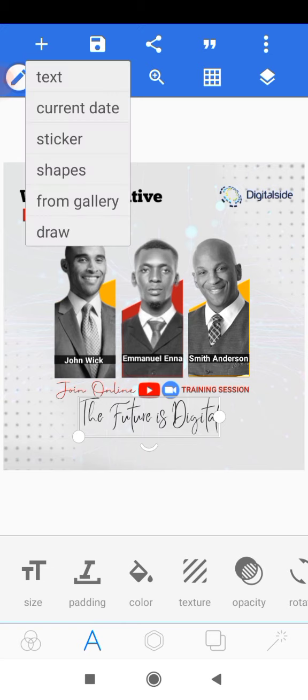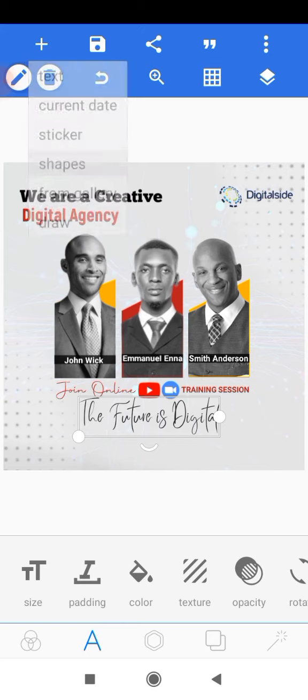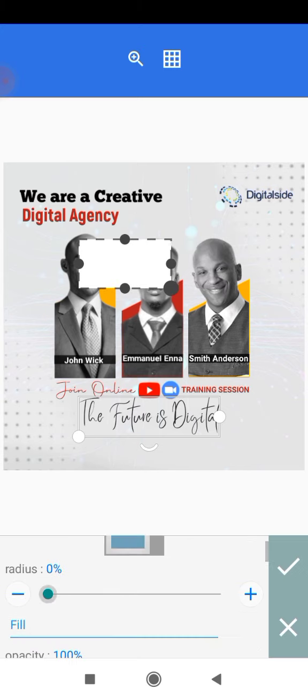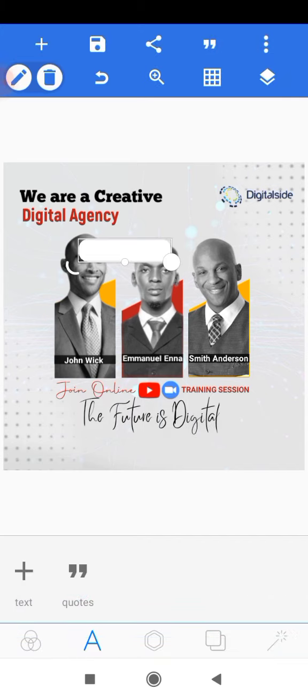So we'll head on to the plus icon and then we'll add a shape, and we'll have our shape and we'll just adjust it a little bit, and we'll increase the radius all the way to about 29, and we'll reduce this this way. Let's have a radius of 20 pixels, and we'll click on OK. So now that we have it, we'll bring it all the way down, and then we'll just reduce it a little bit,